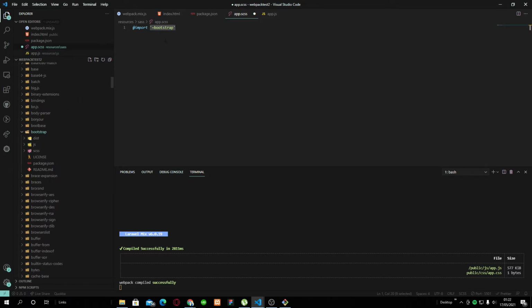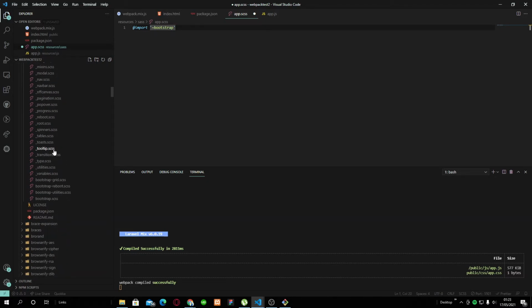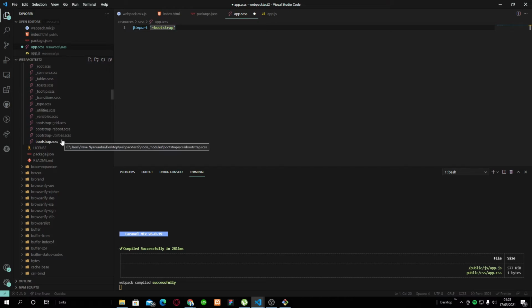Bootstrap is right here. So after going to Bootstrap, I want to import some SCSS files, and it's going to go into the scss folder, and I want it to import the one that has all the CSS or SCSS requirements for Bootstrap, and it's going to be this particular file over here, bootstrap.scss. So I'm just going to do /scss, and then /bootstrap.scss. That's essentially it. I'm just going to close that off, and I'm going to save it,